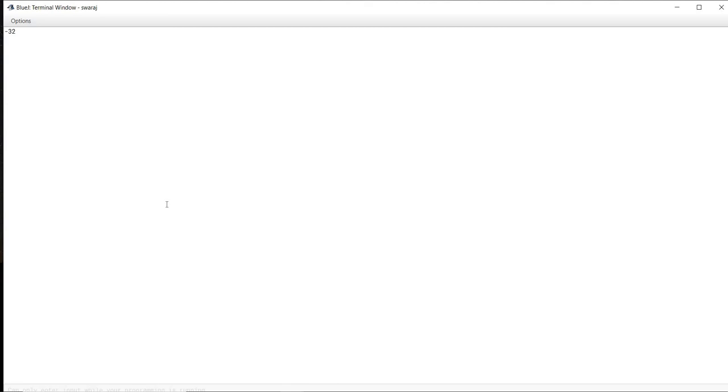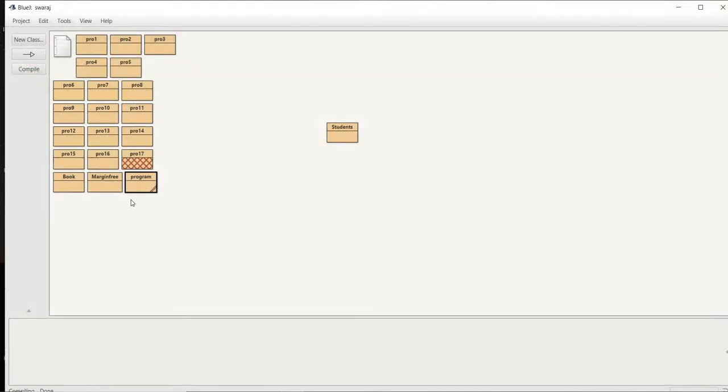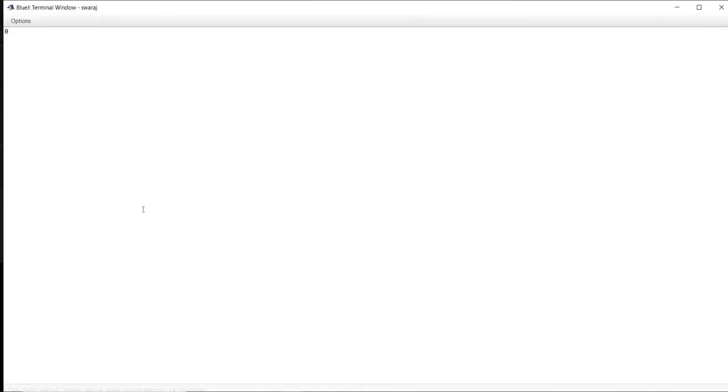Now let's try this using both the strings the same. As you can see, I have written the previous program. I will just modify it a little bit and change the capital C into small c. Let's compile this. There is no syntax error. Now we will try to run this. As you can see on your screen, the output is 0. So it checked all the characters, subtracted their ASCII codes, and at the end, when both the ASCII codes were the same, the system gave us output as 0.